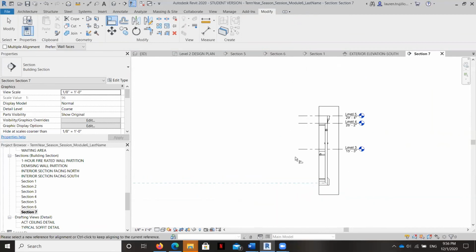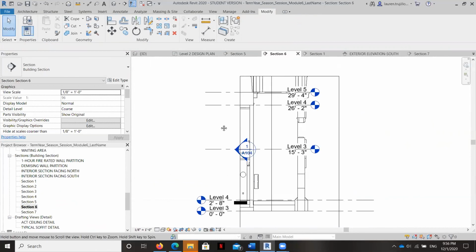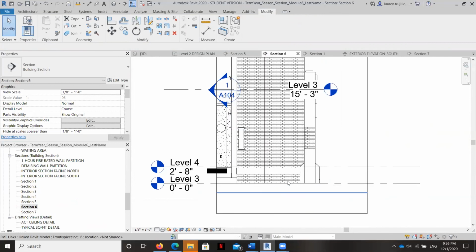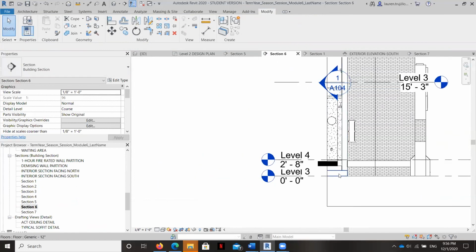So all of the walls now are going to be connected to that structural floor, and the structural floor has been moved up. You can see it right here. Okay. So that part is done.